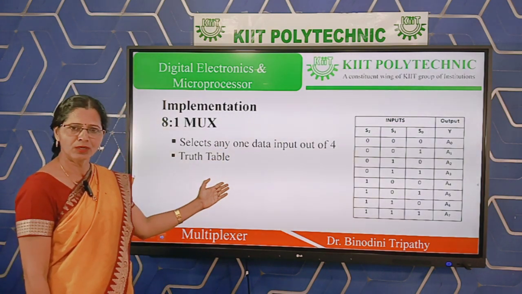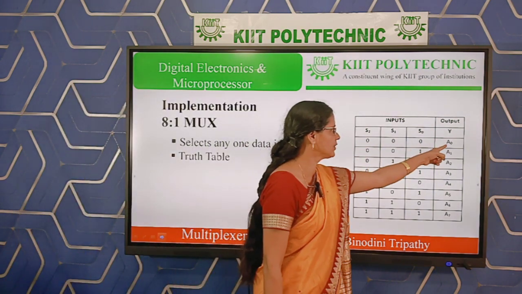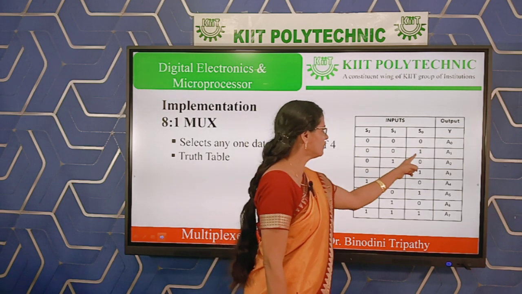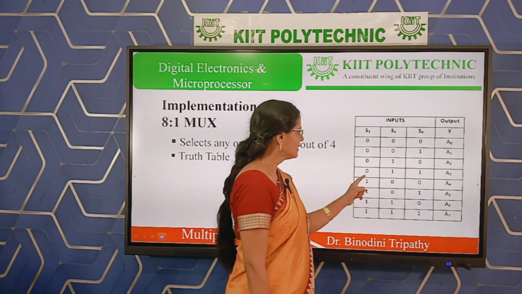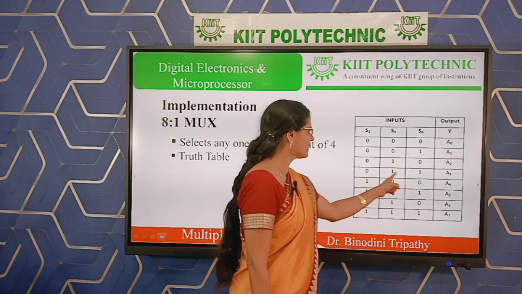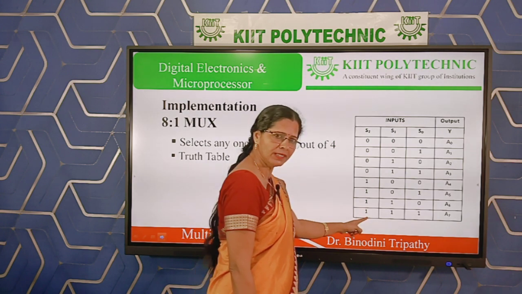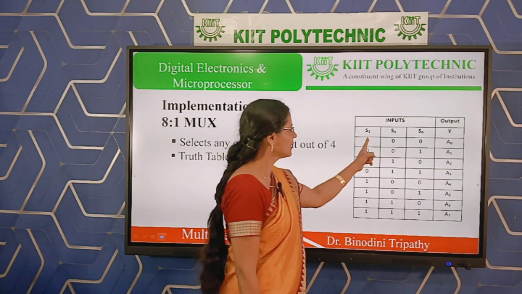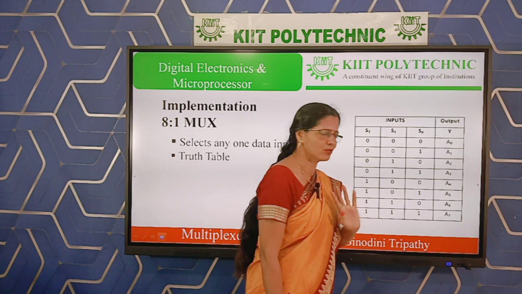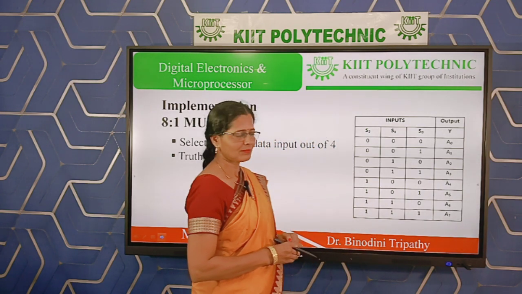So how does your multiplexer function? When the selection input is 0, 0, 0, A0 will be selected. When 0, 0, 1, A1 will be selected. Like that. When decimal 2, then A2 will be selected. When decimal 3, A3 will be selected. So first write the total 8 possibilities for the selection inputs, then the corresponding outputs for each. So you can write the truth table by yourself.